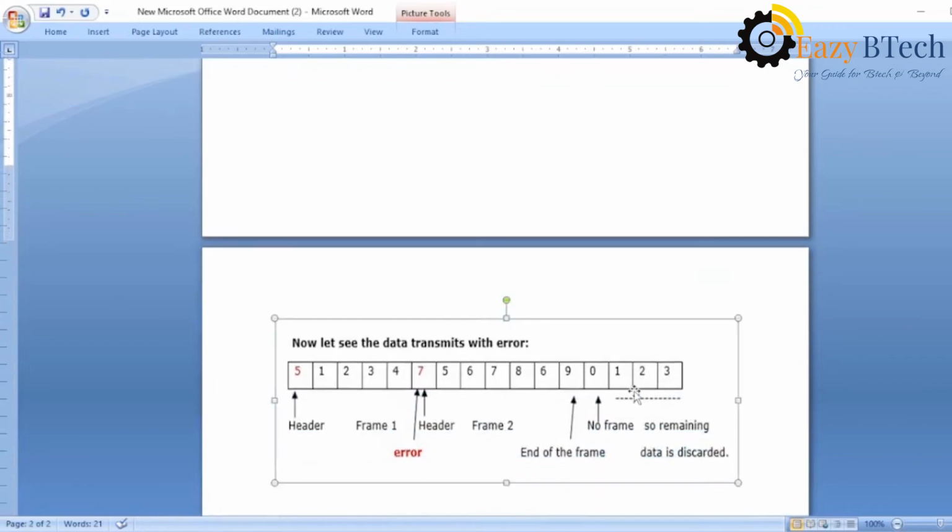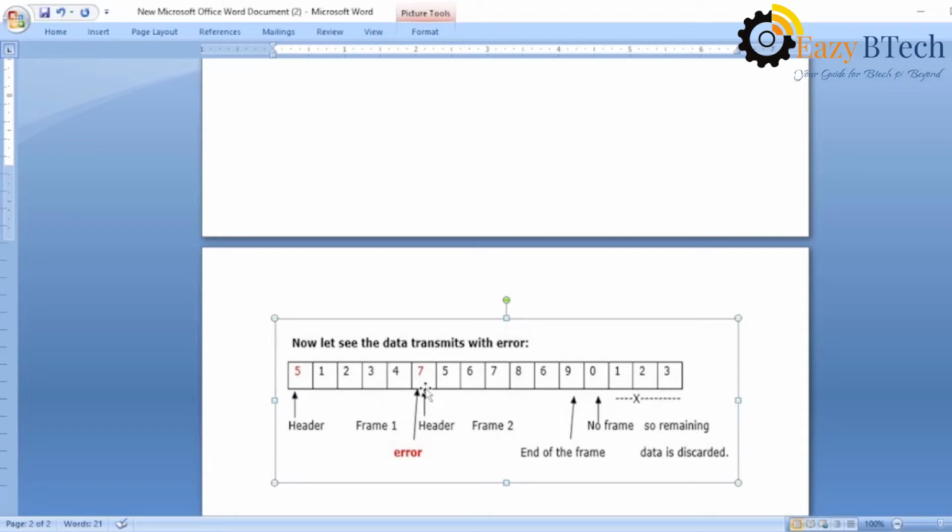Okay, see, the first one is 5. Okay, 5 bits. This is the first frame. 1 2 3 4 5. Next 7. Next 7. So already we have a communication between source and destination. I'm sending the 3 frames, the actual data divided into 3 frames. You can receive the actual data.